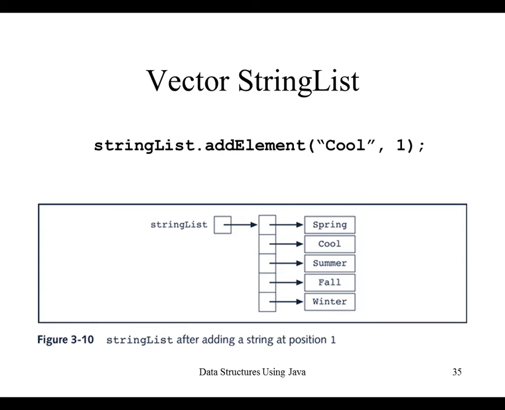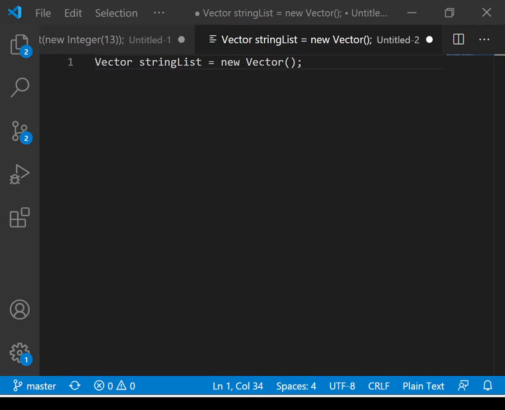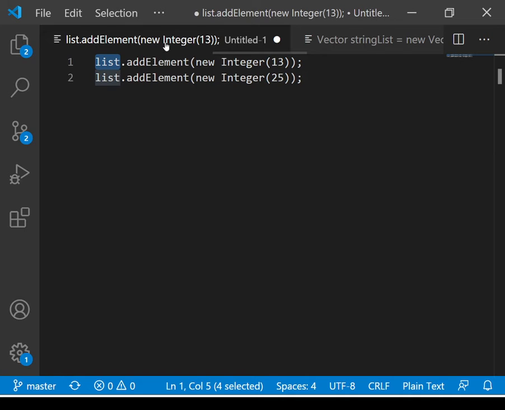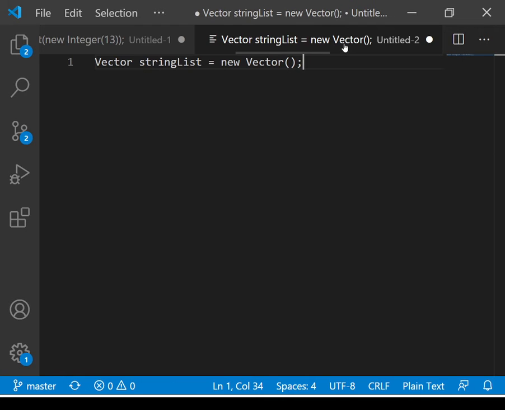Therefore, to use the class Vector, your program must include either the statement import java.util.*; or the statement import java.util.Vector;